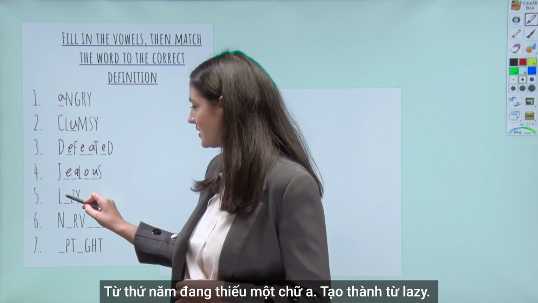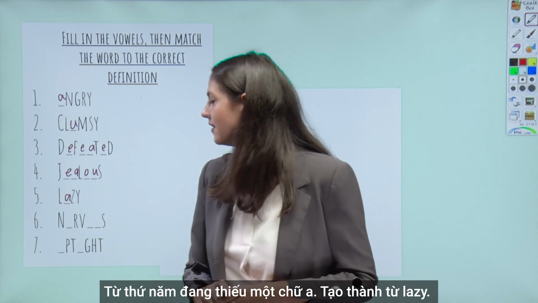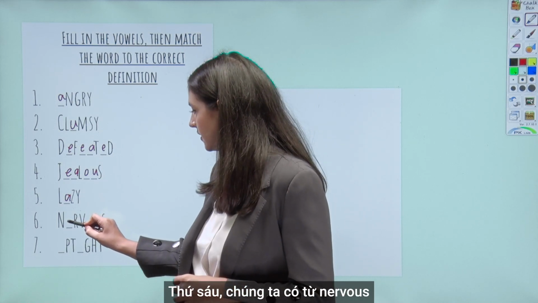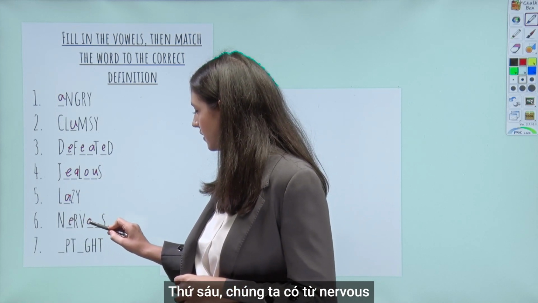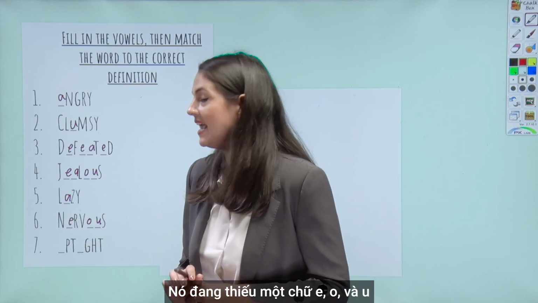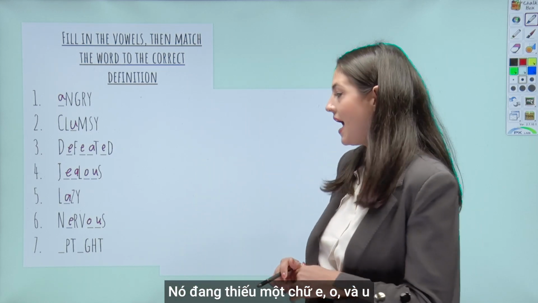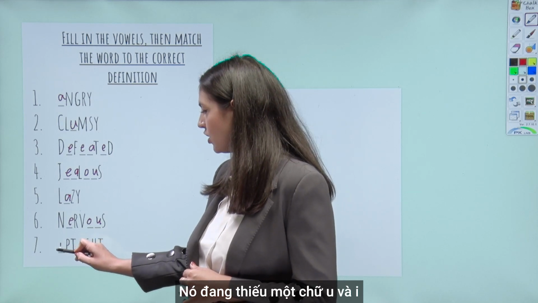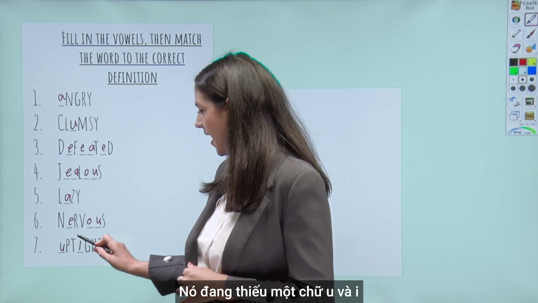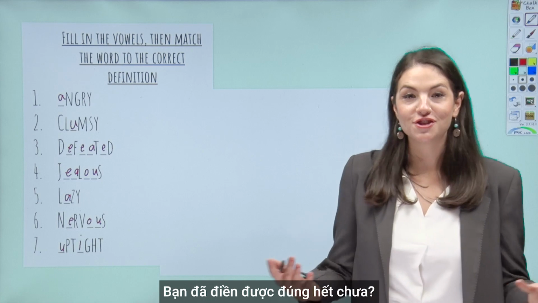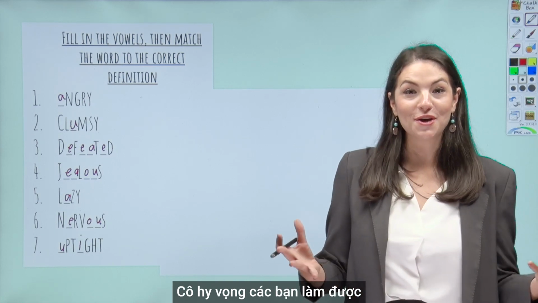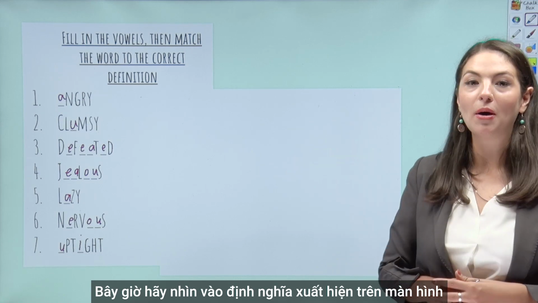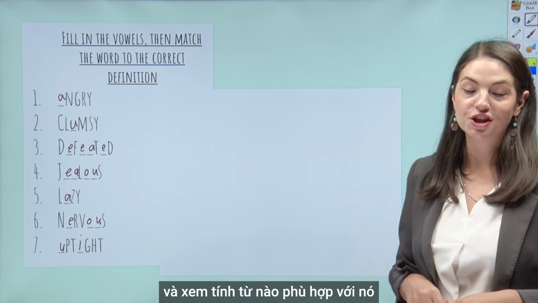Our 5th word is missing an A. It is, of course, lazy. 6th, we have nervous, missing an E, O and a U. And finally, uptight is missing a U and an I. Did you manage to get them all right? I hope so. Okay, now let's look at the definition that pops up and see which of our adjectives it